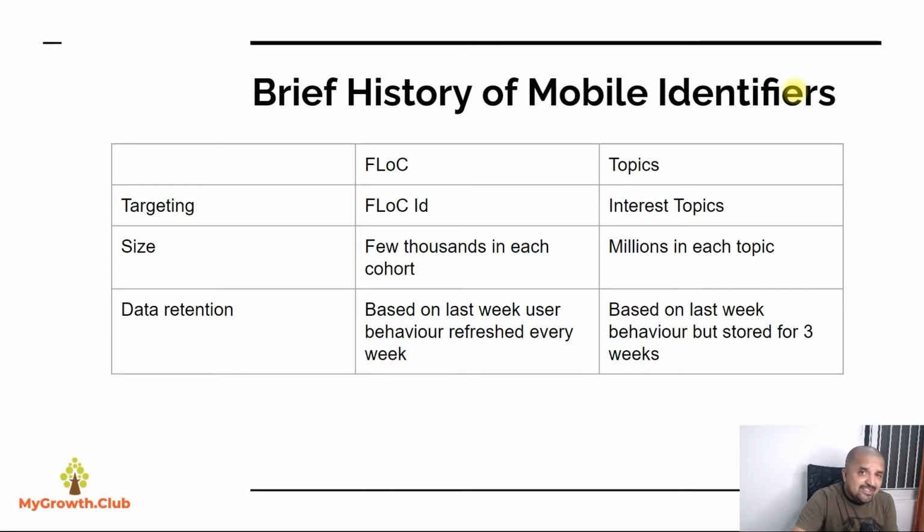But in topics that is changing. In topics you will actually get to see what these cohorts, or these users who are in a specific topic, are interested in. For example, sports, traveling, music, or anything else. There are more than 300 topics that Google is starting with, and every user will be bucketed into one of these topics.